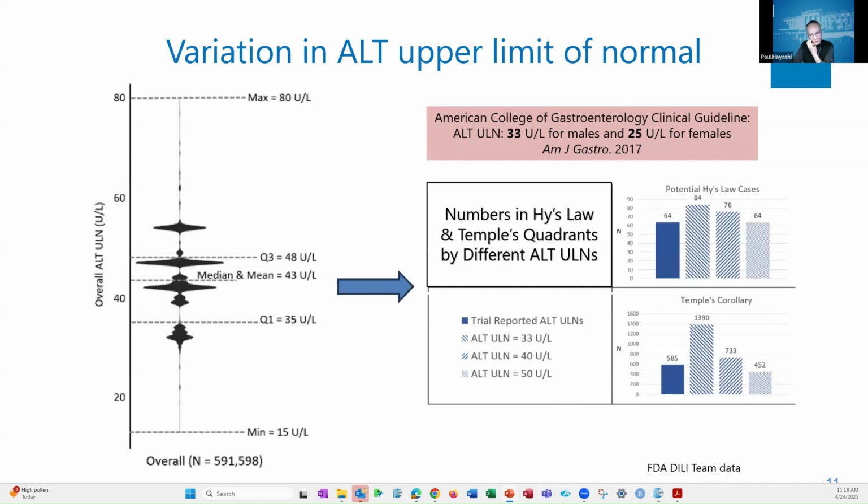And we did look at this for this same data. And we looked at how this is both placebo and active arm, and how the numbers change. So the dark blue bar is if you use trial reported upper limits of normal. And as you can see, as expected, if we move it to 33, fix it, and then redo the plot, there's a large jump in the number that enter Temple's. Also a jump in Hy's law, although not as dramatic. And so we're not clear on what this really means. Is this going to be a problem or not? We have some data that says it may not be as big a problem, mainly I think because it affects both the placebo and the active arms.